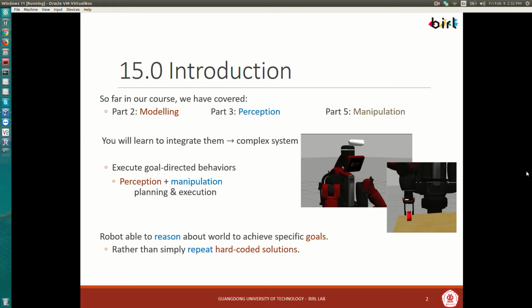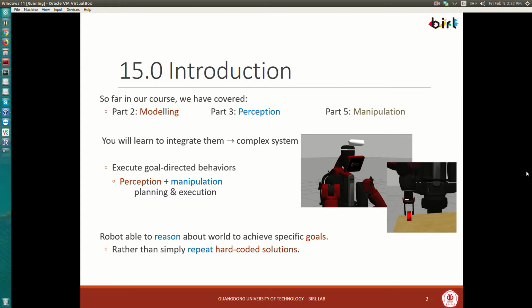That's very important because this now gives us the ability not to just run hard-coded solutions, but to be able to adapt to a changing behavior, to be more reactive, and to be more autonomous. This is ultimately what we all want to do. So get ready to see how we're going to do this in this lecture, which is going to be